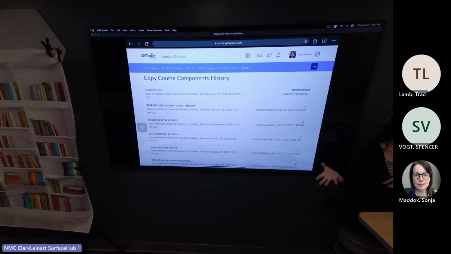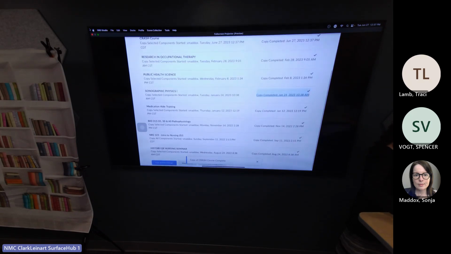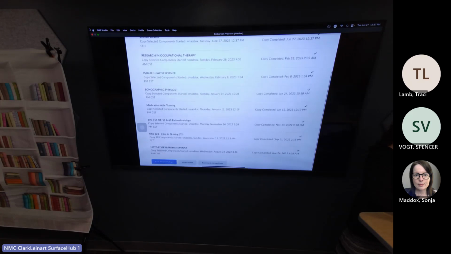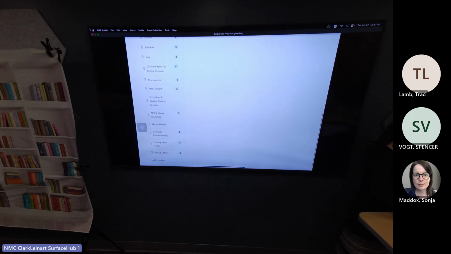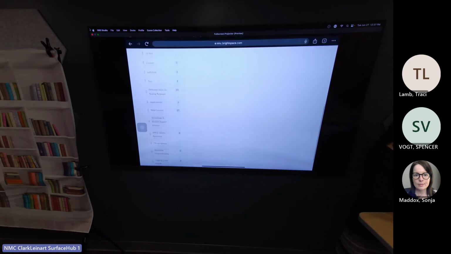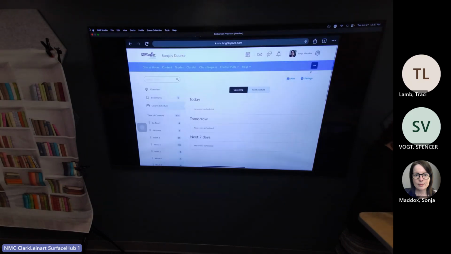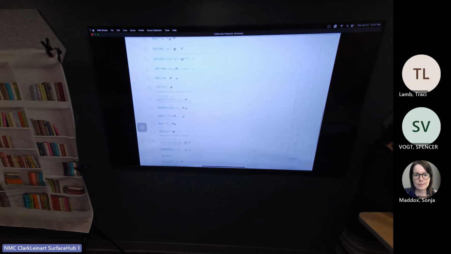So if you've created a quiz that you really like in one section, then you want to use it in the other, instead of starting over from scratch, you can copy just one piece of it. Copy is complete, so now we can go and view the content. And anything that you create new is always going to come up at the bottom. Well, if this were a module, it would come up at the bottom. But go to your course tools, and that quiz should show up as the very last thing.